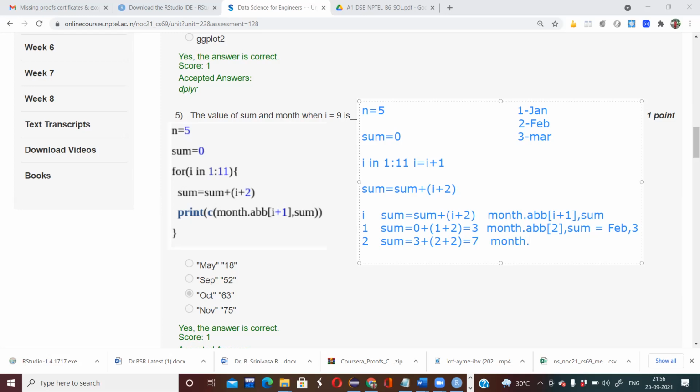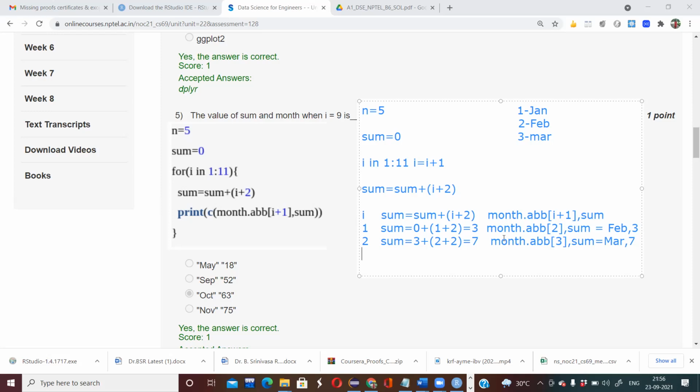So month.abb of I value 2, 2 plus 1 will be 3, comma, sum. So this will be Mar, comma, 7.